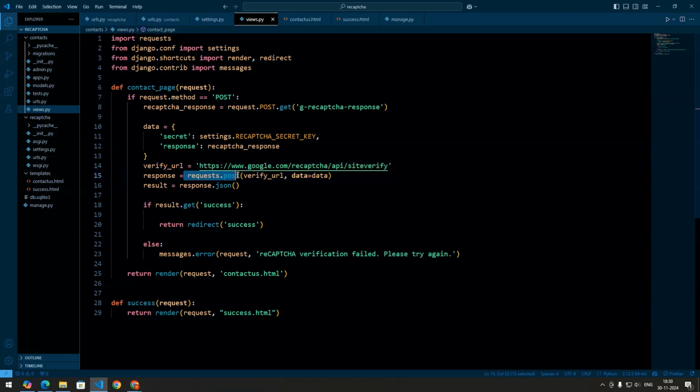Then here we make a post request to Google's verification endpoint, passing the data we created. This will check whether the user's interaction with the reCAPTCHA widget was valid. Then we parse the JSON response from Google. In this response, we get a success key that indicates whether the verification was successful. And if the verification is successful, we redirect the user to the success page,